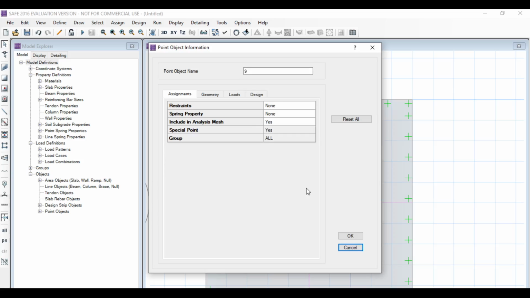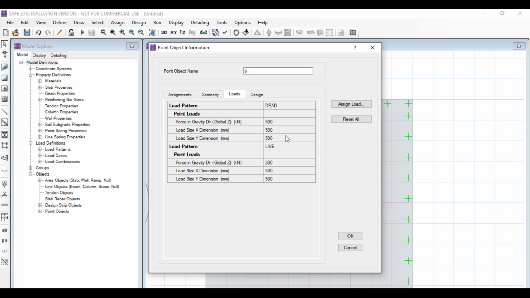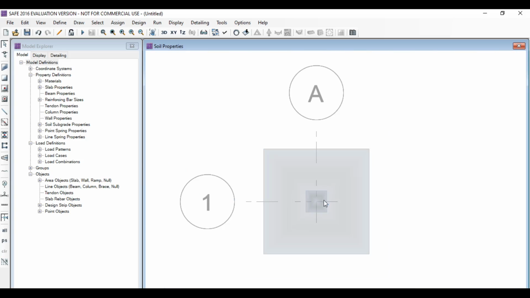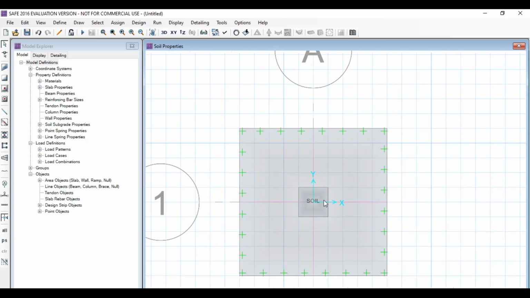Okay, right click on center point. Here live load and dead load have been set. Click on OK. This is the checking of dead load and live load, already set in the column area.